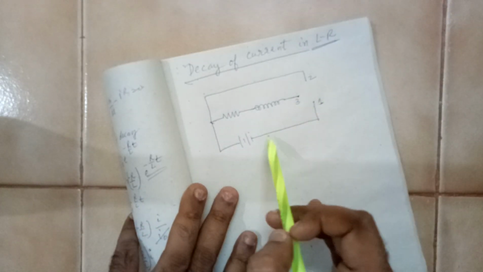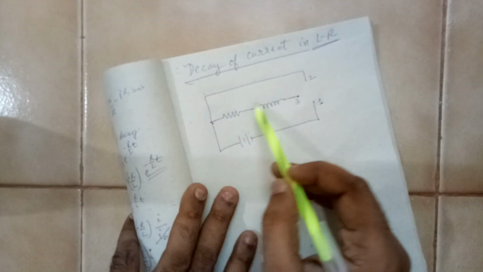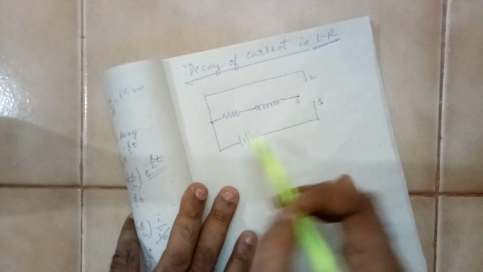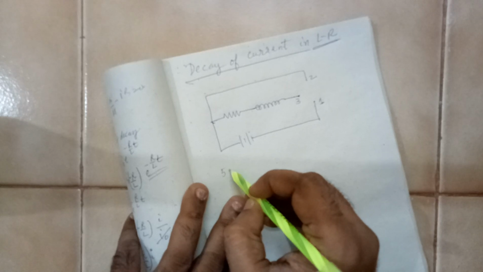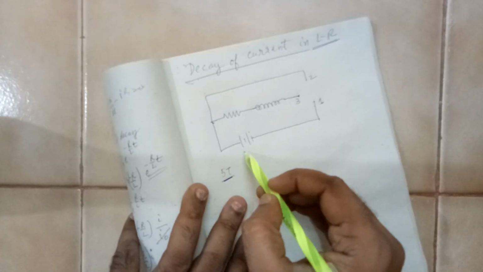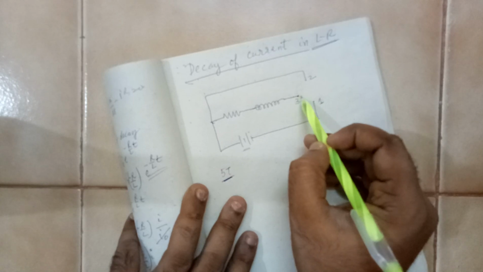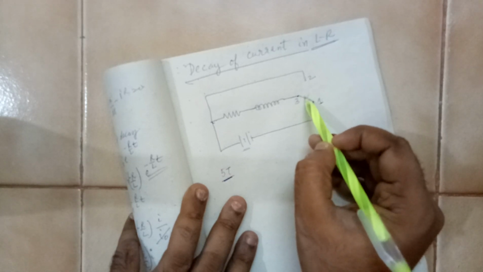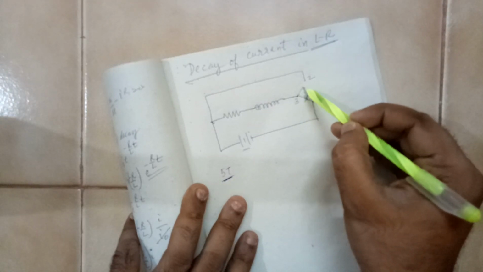If I connect the circuit with point 3 and point 1, there will be flow of current in the lower circuit. Earlier we have seen that if you run the circuit for 5 time constants, almost 100% of the current will be transferred. Then let us say I disconnect. Initially you connected like this, then I disconnected it and connected these 2 points. Let us see.